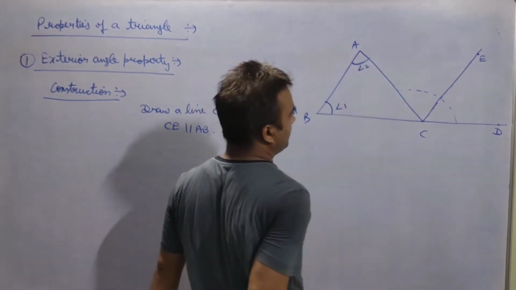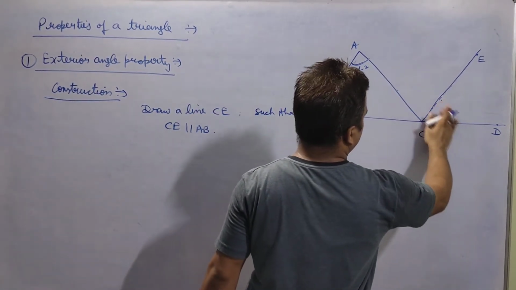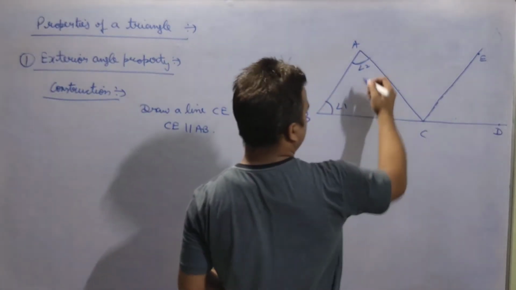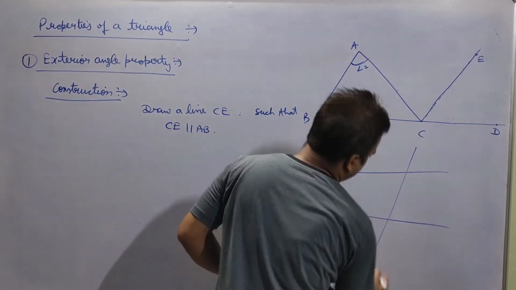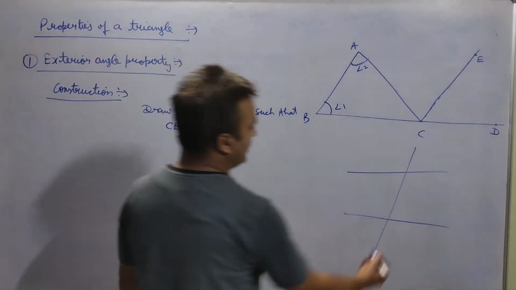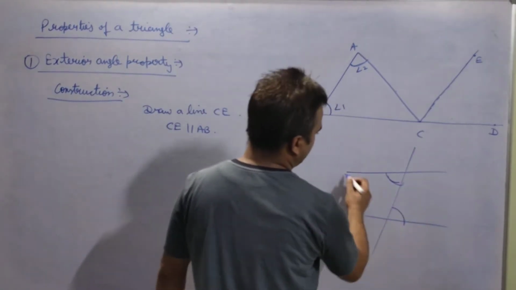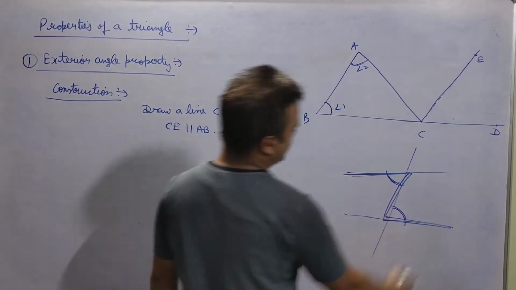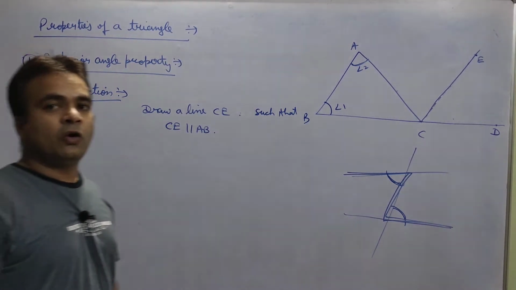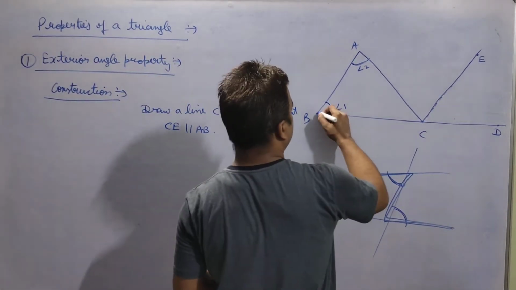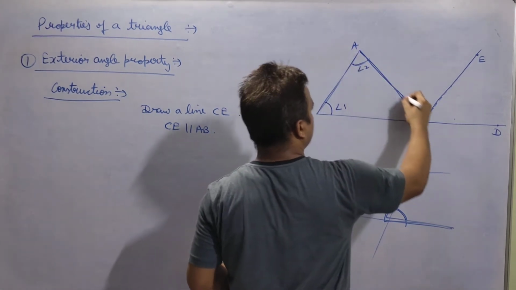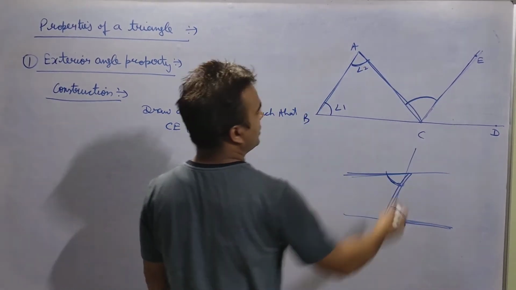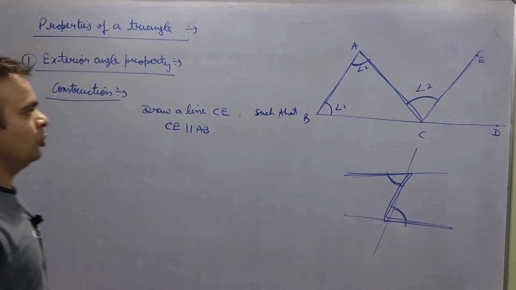If you are aware of the lines and angles chapter, if you are aware of the transversal, if there are two parallel lines and this is the transversal, you know very well these two angles are always equal if they are forming a Z. If they are forming a Z, then these two angles will be equal and they are known as alternate interior angles. In this case, this is the Z which is forming here. So this particular angle and this particular angle will be equal. So we will write here.